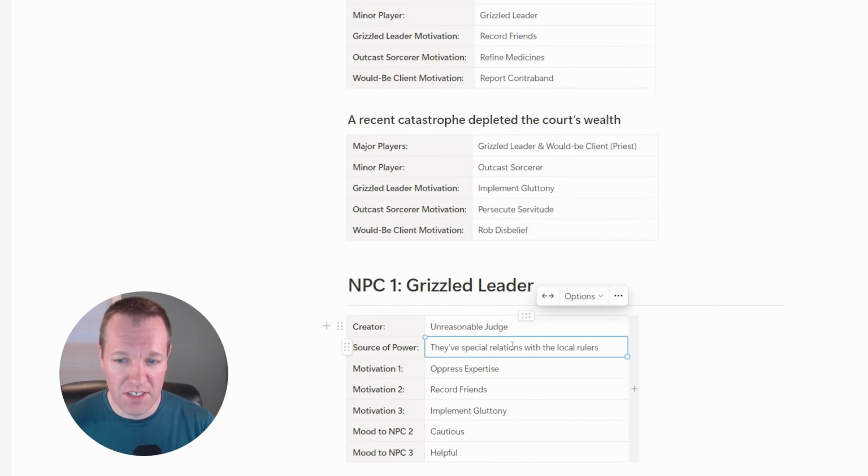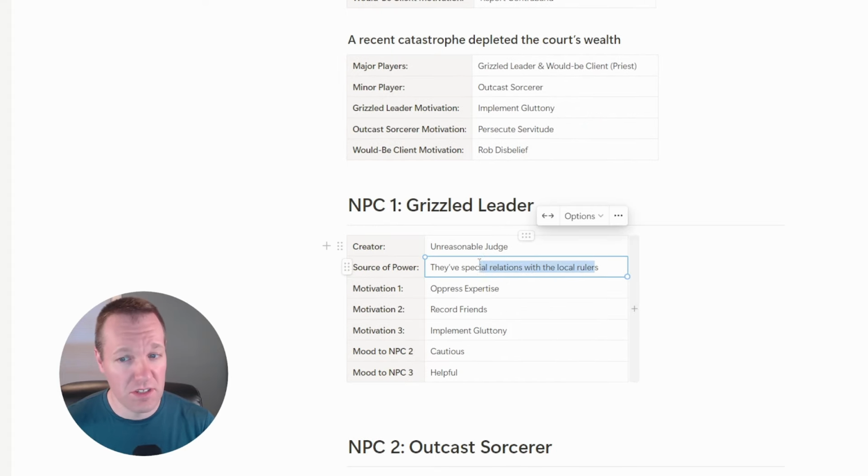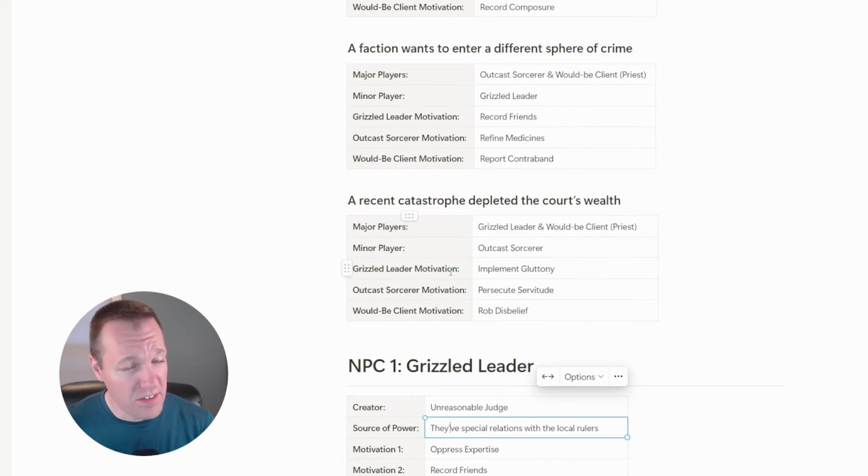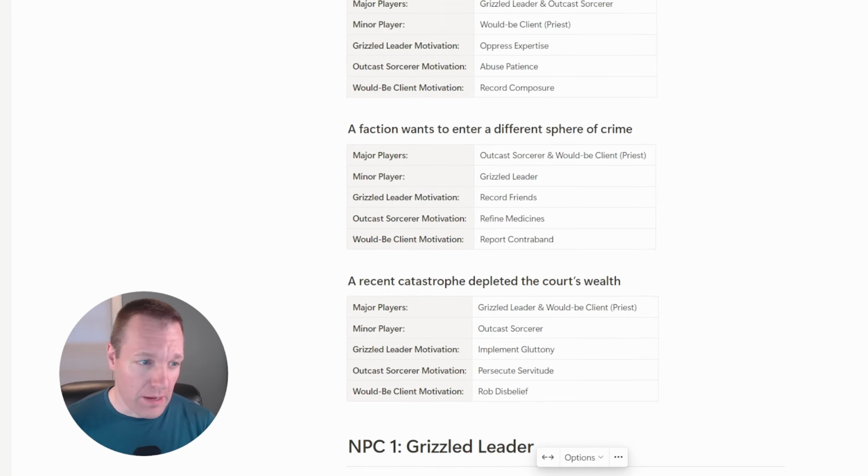Remember, the grizzled leader has special relations with the local ruler, so maybe it's something to do with that. They screwed up. They overextended their purpose in a gluttonous fashion. The priest caught wind of that. Their power against the leadership or the guild is that they have blackmail. So they're blackmailing the guild, they're extorting them, and as a result, maybe they've taken a massive sum of the